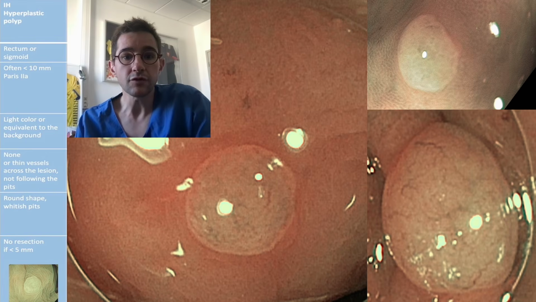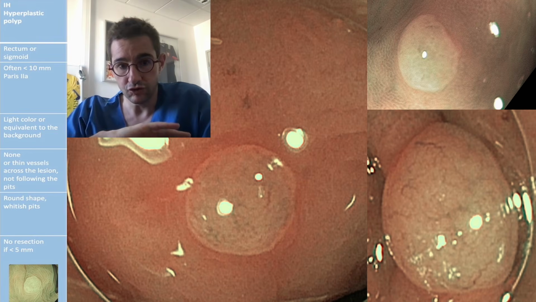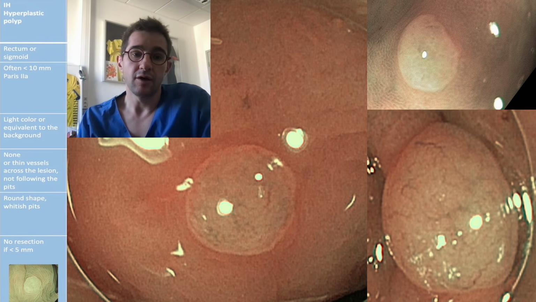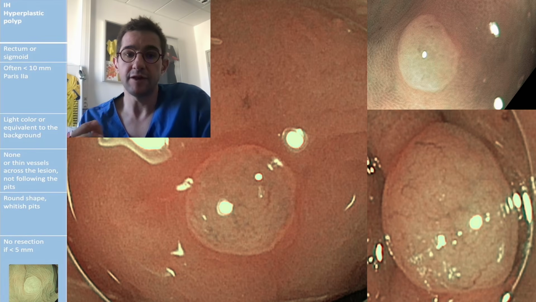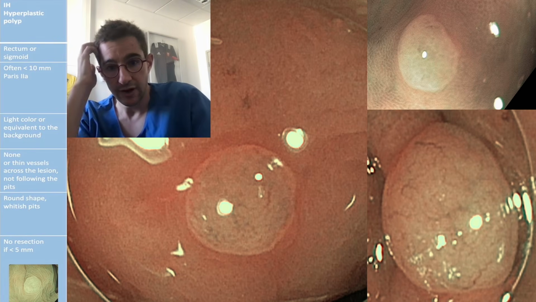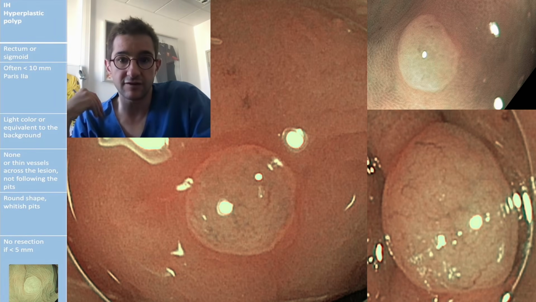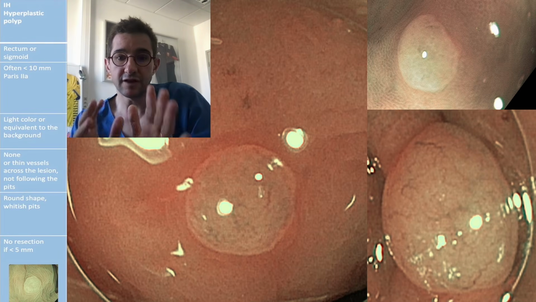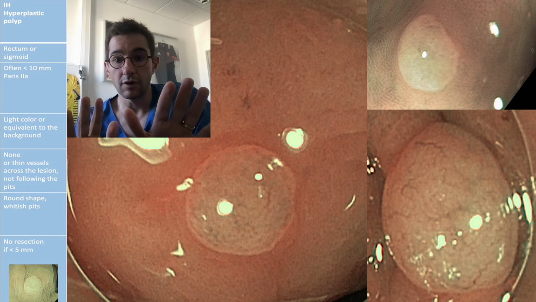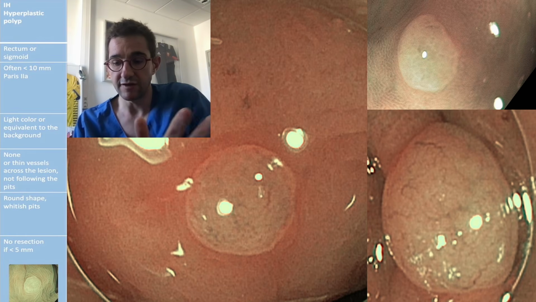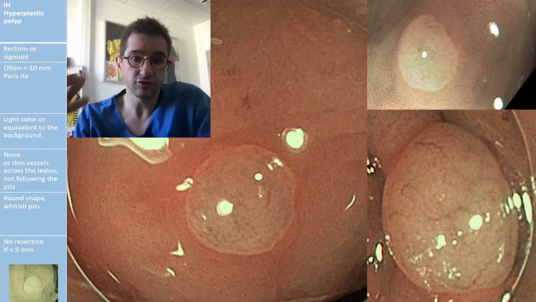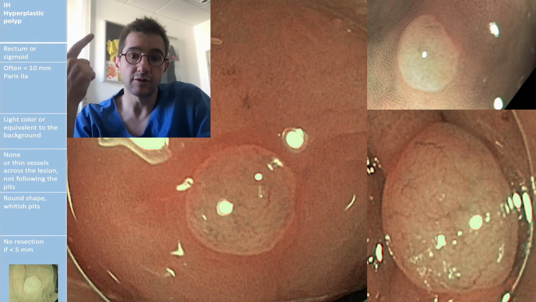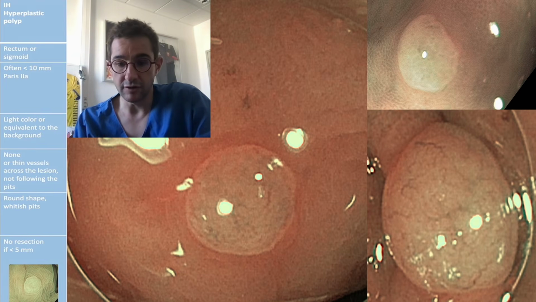parts. First, the hyperplastic polyp. We will not lose time with this. A very clear 2-way of Paris shape, small lesion under 5 mm, usually in the rectosigmoid, with lacy vessels that cross the lesion, and those lesions are not neoplastic and could be left in place without any resection in order to reduce the cost, the ecological burden, and the pathology examination of this